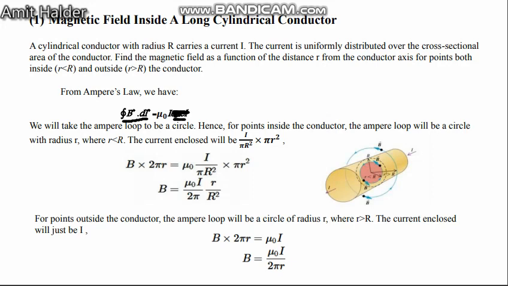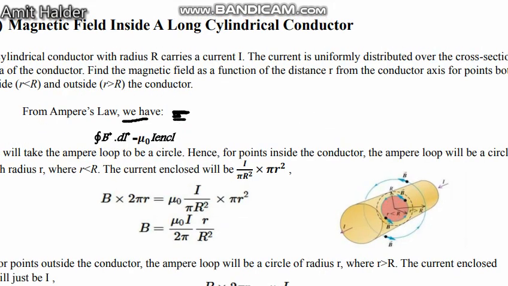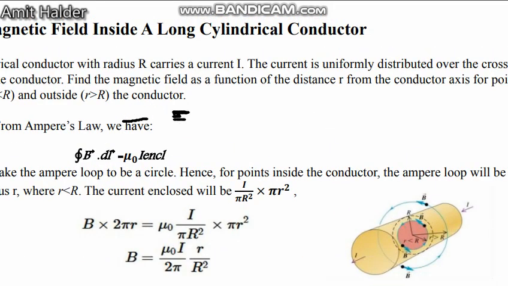You can remove it if you want, to simplify the equation. So we will take the Ampere's loop as a circle. You can zoom in, then we can understand. That is the circle, and in this circular loop you get this. You can take the current enclosed in the path,